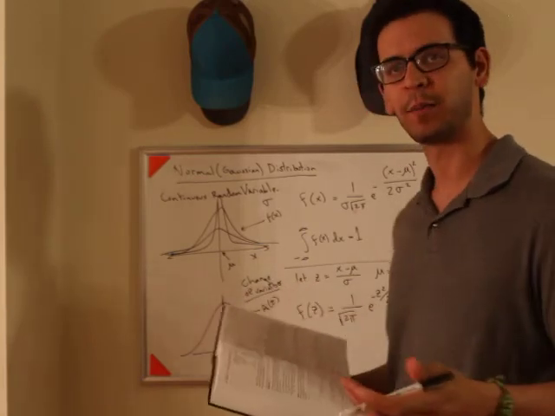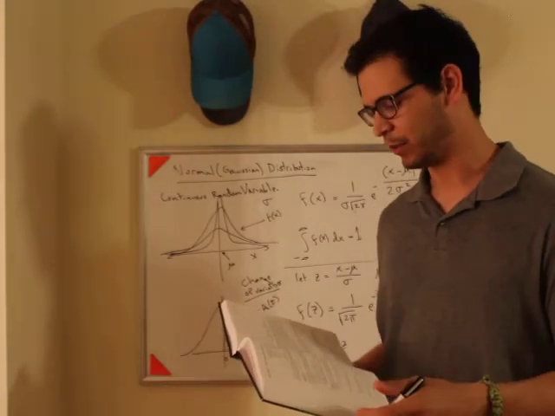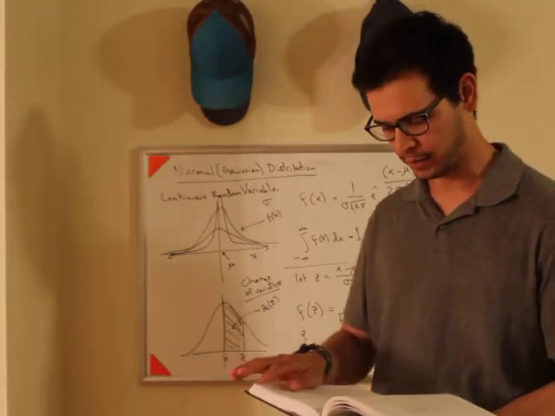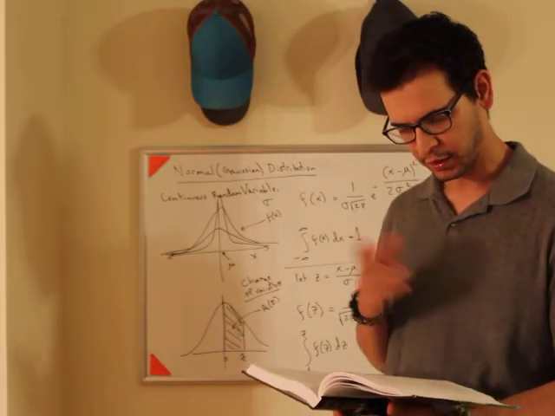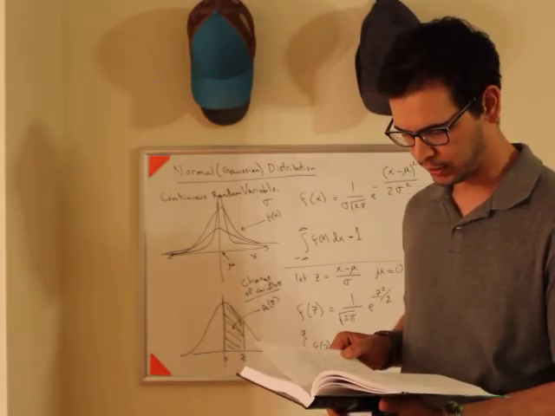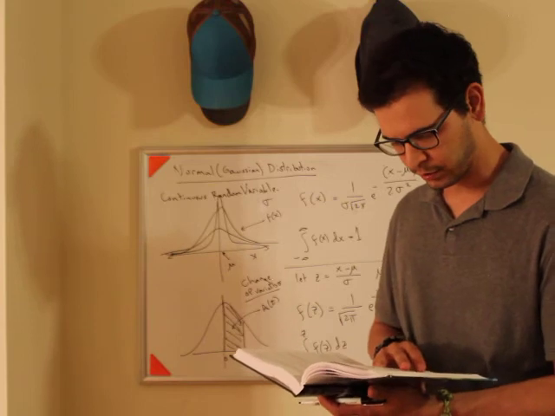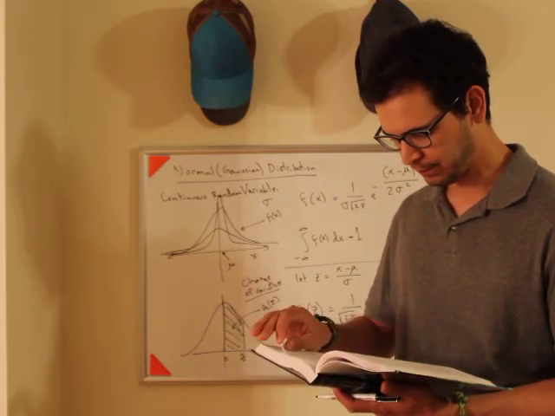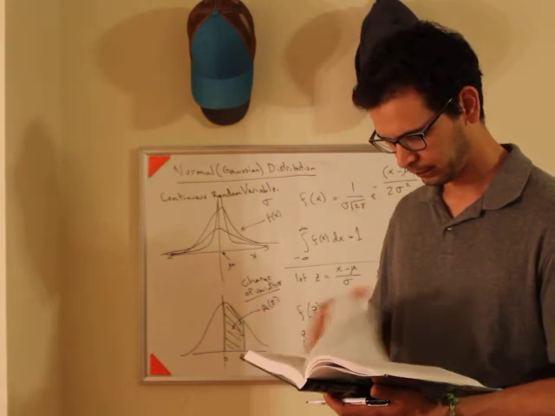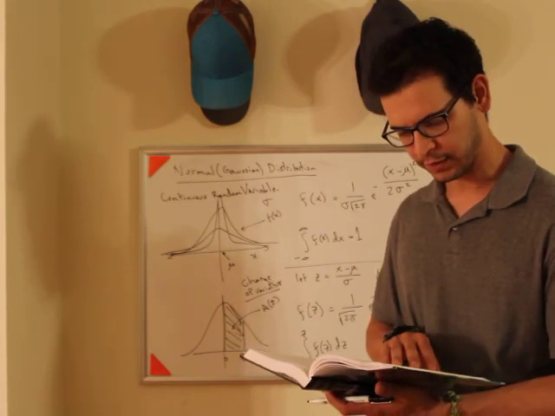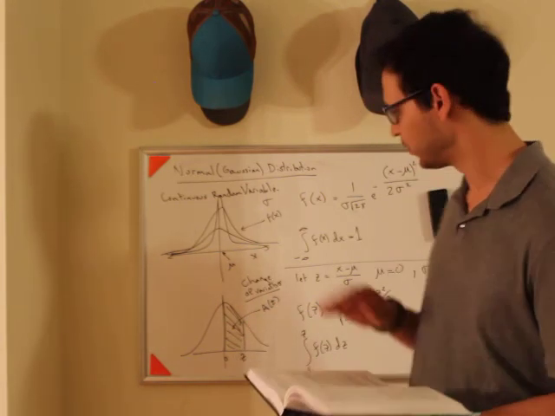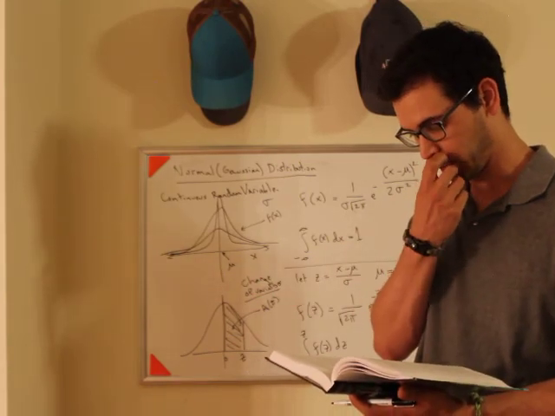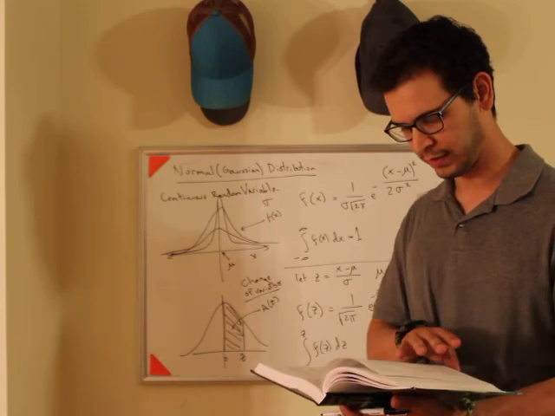So I think at this point it's probably a good idea to do an example with the z table. So I'm gonna pause here. This is basically all I want you to know about distributions. There are some other distributions called the standard log normal distribution and the exponential distribution, but actually I'll probably do the exponential distribution. So I'm going to do an example on the normal Gaussian distribution, and I'm going to do the exponential, and that'll probably be it for this